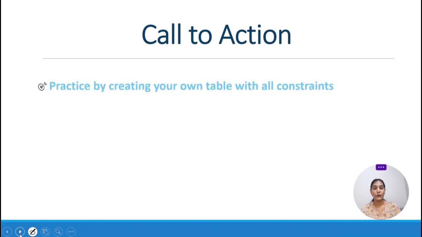And what you have to do, guys, is create your own table with all the constraints. From the next class onwards, I am going to show you how you can work practically on PostgreSQL. You can use MySQL if you want, and if some students have already installed it, that's also a good idea. Otherwise I have given a video where I showed how to install the Postgres server, as well as the pgAdmin graphical user interface.